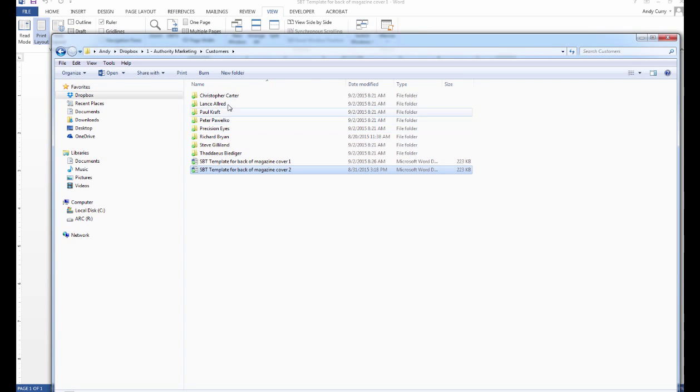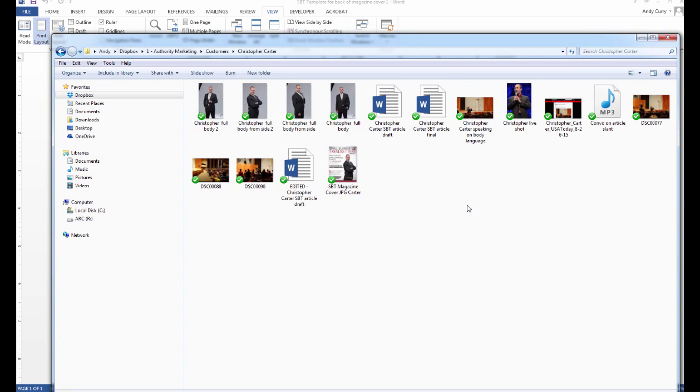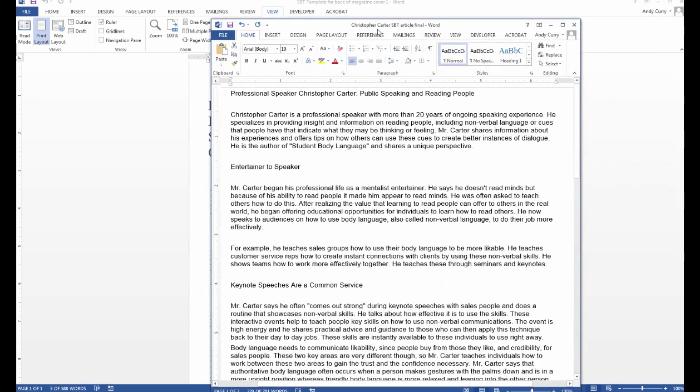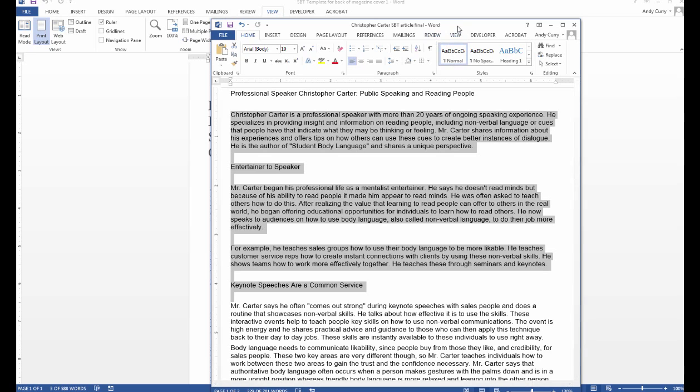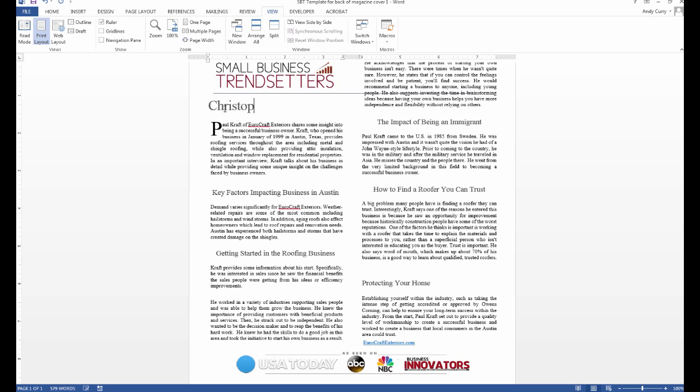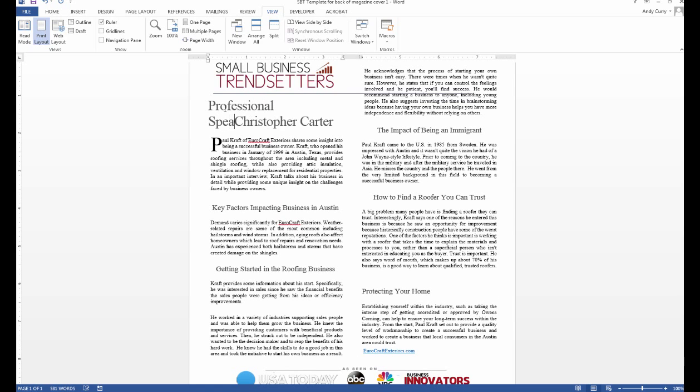Anyway, you open that up, and in this case, this is Christopher Carter we're working on. I open up his final article, which is this here, so it's the final one we want. And here is his final. So we're going to copy this into his template here. However, I want to do the headline first, and so we're going to make this professional speaker Christopher Carter, and I'm going to put